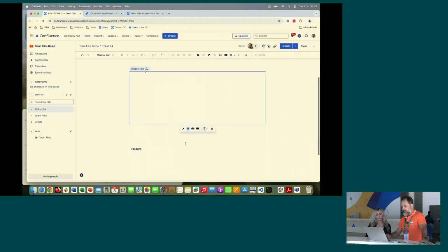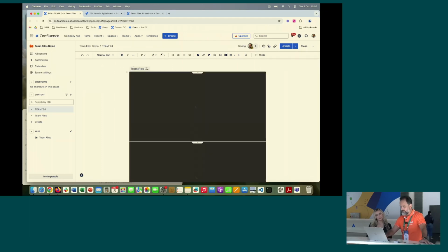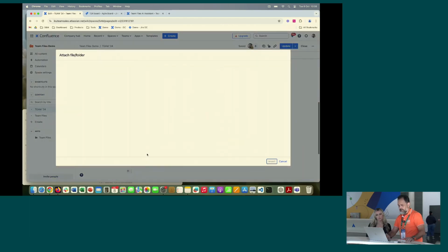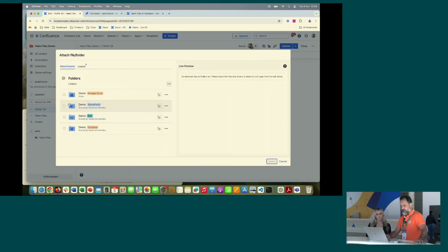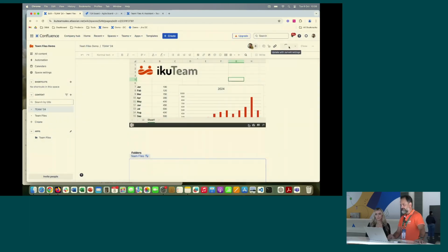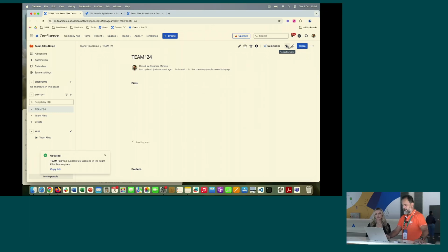And while doing that, I can also share a complete folder if I want to. So let me just go here, to files, and share a folder. All right, I'll share this one. I'll insert and update the page. So now, as you can see, we're going to see the preview of those files